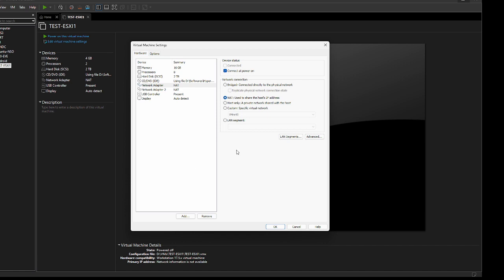Now, if I say bridge, for example, one adapter I am saying to go to bridge, another one I am saying to go to the NAT. Yes, I can do that. As I said in the example, I have two ports here, two adapters, and I'm connecting one port to the bridge. Think of bridge as a switch, a bridge switch, and another one I'm connecting to the NAT switch. Yes, it's up to you.